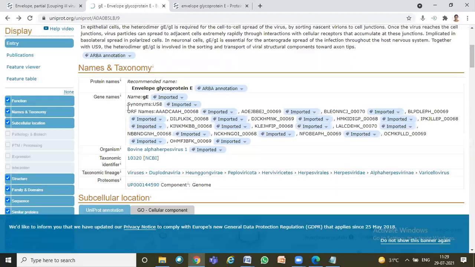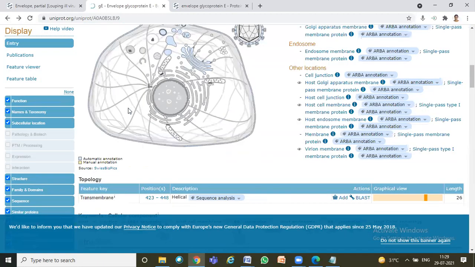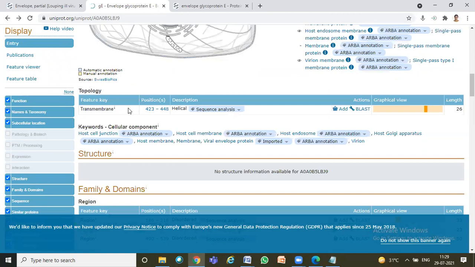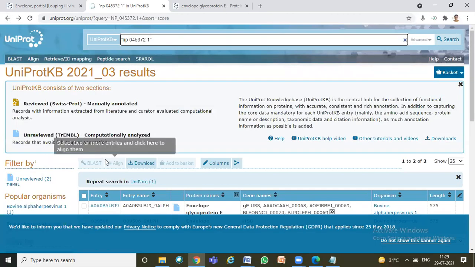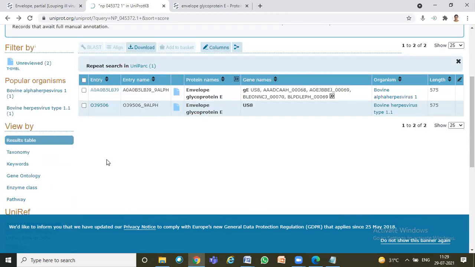So whenever I give you, this is how you should try to choose two to three. You should not just rely on one piece of information, because this is all computation. You are not doing an experiment in the lab so that you are getting some reading and noting it down. It is all computational methods you are trying to analyze. So most of the time when you have an unreviewed protein, still you should do further deep analysis.